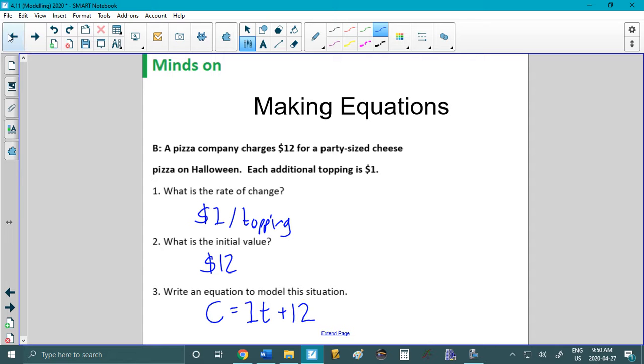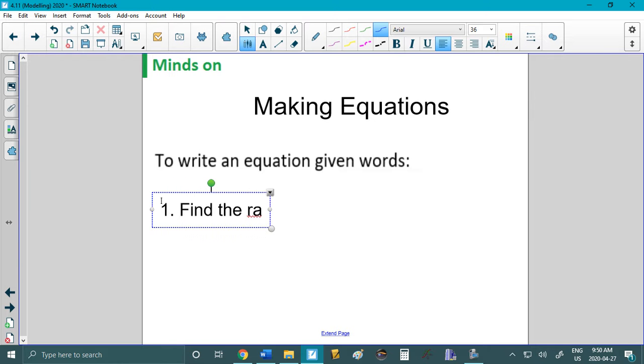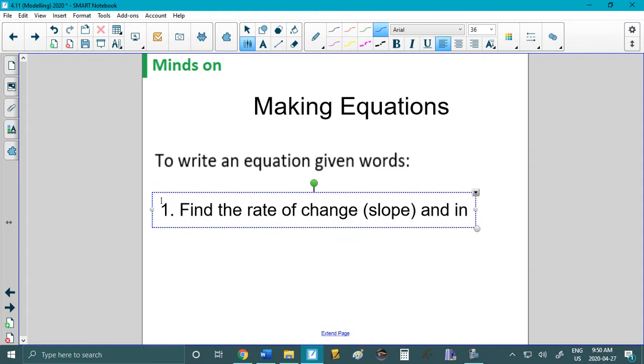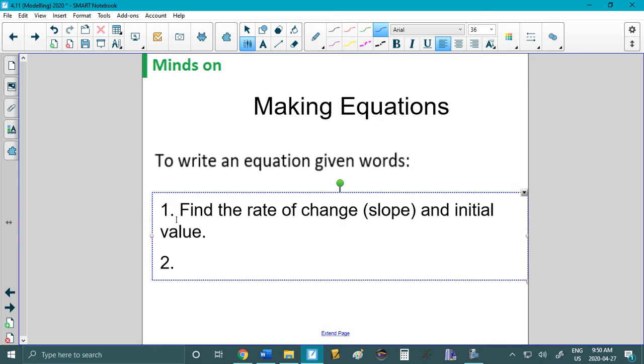Okay, so here we go. To write an equation, given words. Step 1, find the rate of change for a slope and initial value. So 2, the rate of change is m, initial value is b,